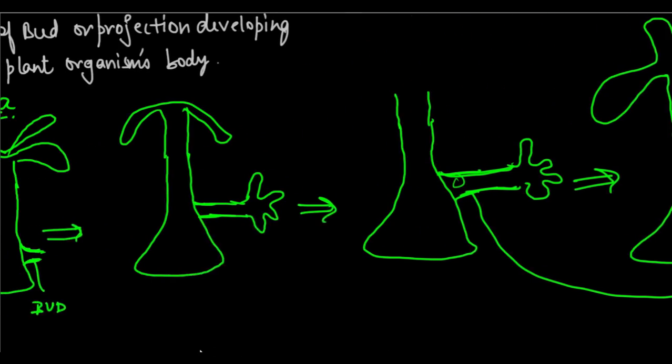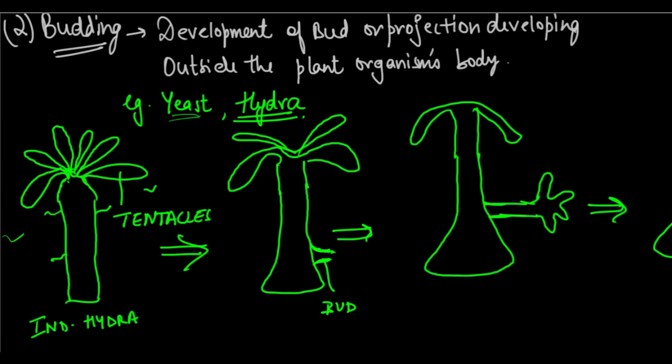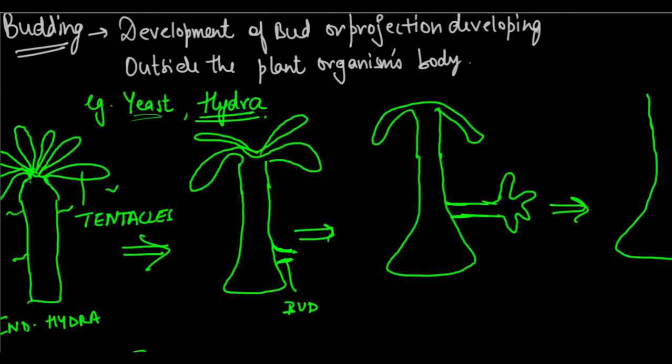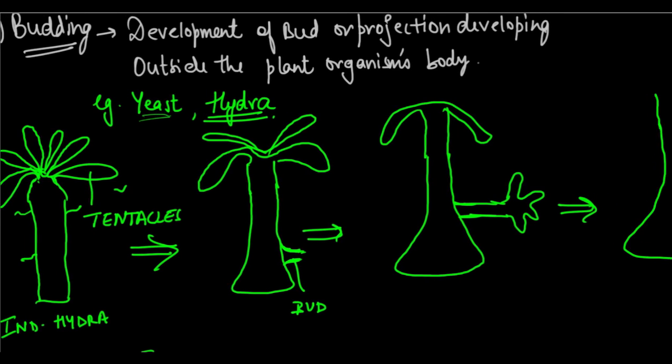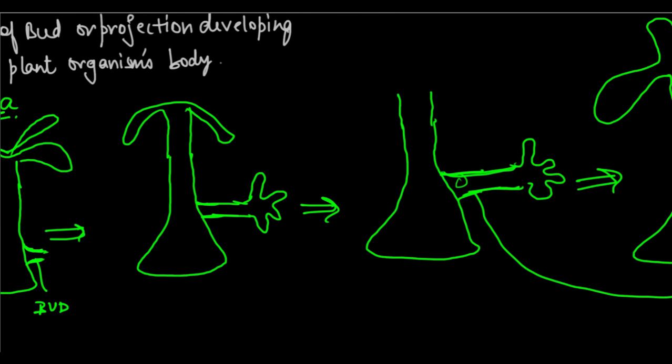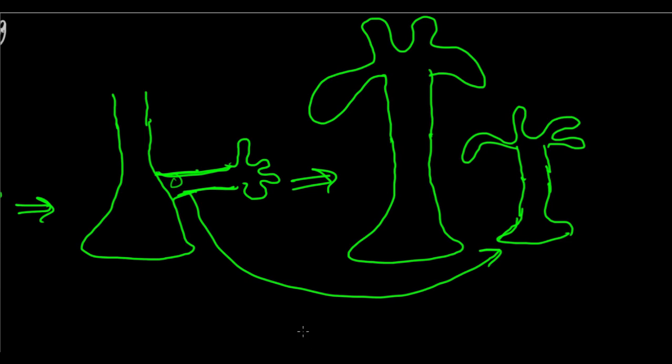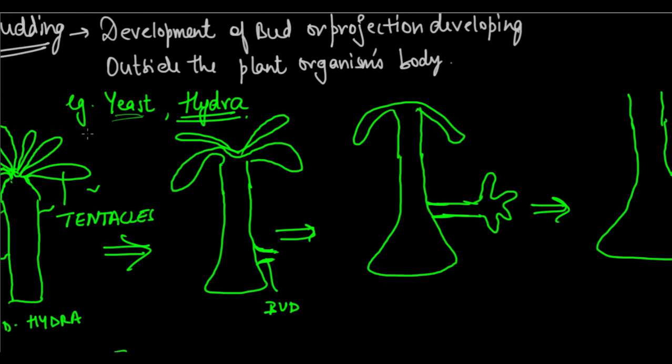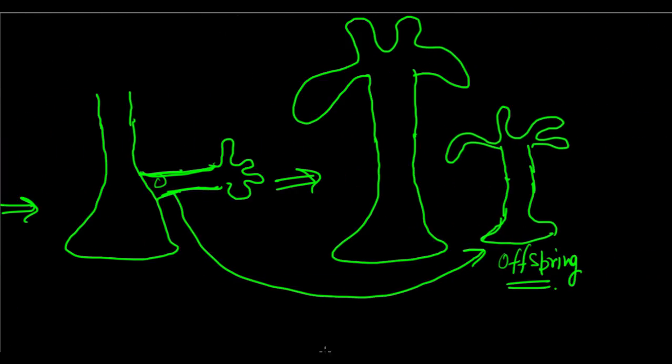So the process by which a bud, a protrusion, develops outside the organism's body, since you can see that it is coming out of the organism and forming an individual organism, the offspring, is known as budding. But there is a slight difference in budding. Yeast takes up a similar form, but there's a slight difference. Unlike the hydra, where the projection ultimately comes out of the body and forms an independent organism,